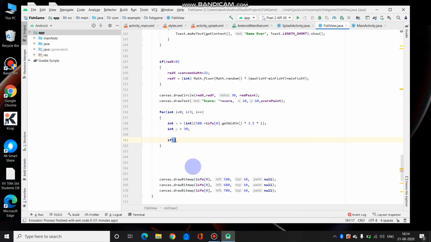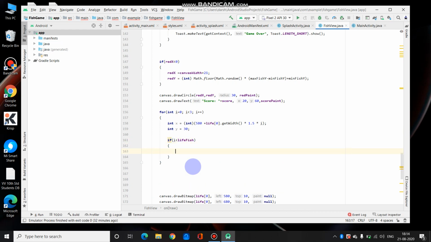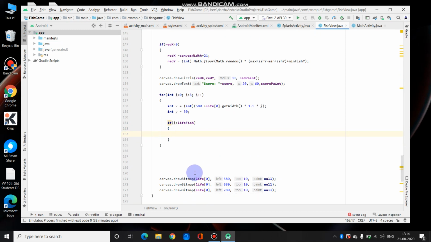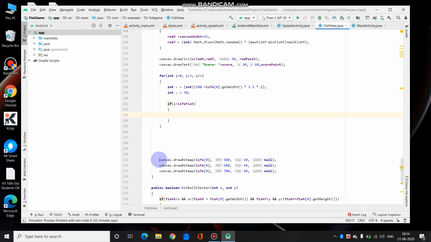If i is less than life fish, we are just going to copy this as it is. So this will be Control C and Control V, and instead of 580 we will have x, instead of 10 we will have 1.